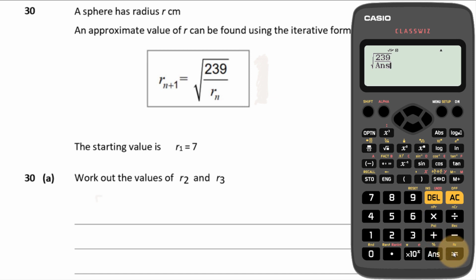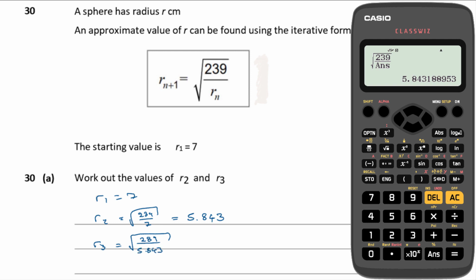Okay, so r_1 we know is 7, then r_2 is going to be the square root of 239 over 7, and I'm just going to press my answer key and find out what that is. That's equal to 5.843. I'm just going to write it down to 4 significant figures for now. Then for r_3, all I need to do is write it out, so that's going to be 239 over